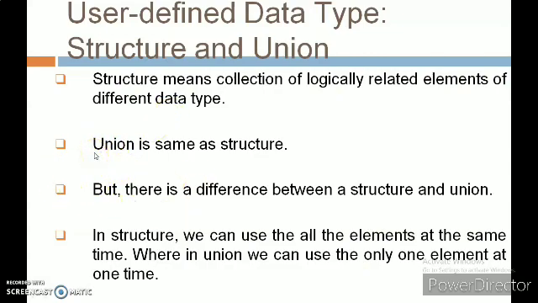As we all learned in C language, structure and union are somewhat similar. But there is a difference between structure and union. What is the difference? In structures, we can use all the elements at the same time. But in union, we cannot use all the elements at the same time. We can use only one element at a time.